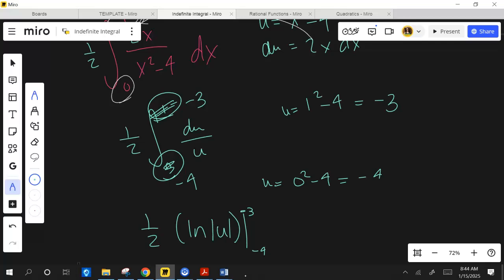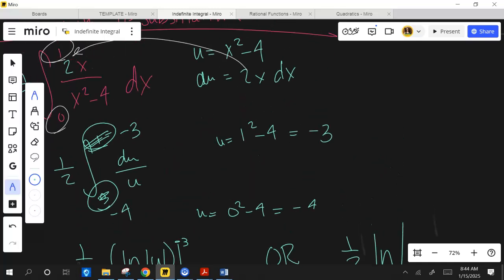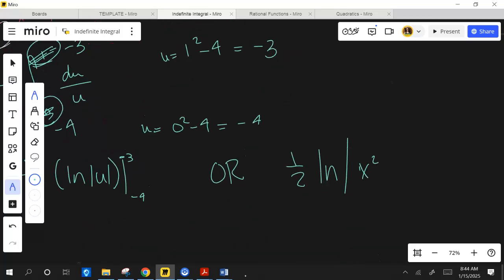That's your option 2. Your option 2 is I can say 1/2 times the log of, and instead of putting u, I plug back in what I subbed, which was x squared minus 4. But I don't adjust the bounds. So what were they? 0 to 1. I prefer doing it the first way, but you can do it whichever way you want. Doesn't matter. At some point, you have to account, though, that your bounds are in terms of x and your u is there. If you go through and plug in the u, you can leave the bounds as they were. It doesn't matter.